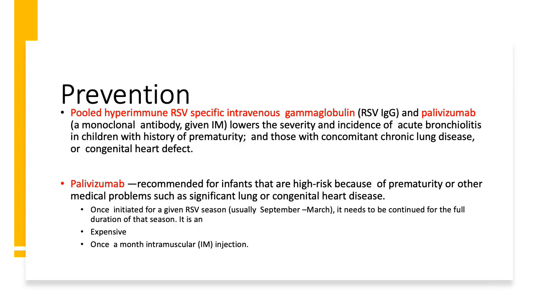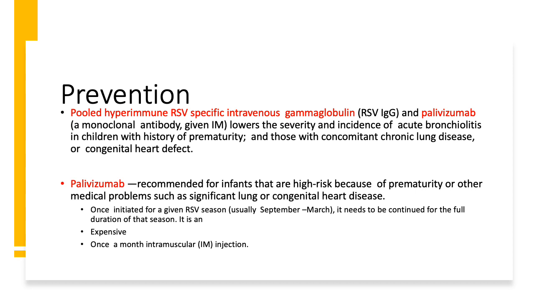Coming to prevention. So, pooled hyperimmune RSV specific intravenous gamma globulin and palivizumab, which is a monoclonal antibody given intramuscularly, these two have been found to lower the severity and incidence of acute bronchiolitis in children with history of prematurity and those with concomitant congenital lung disease or congenital heart disease. So, in such patients, RSV immunoglobulin or palivizumab